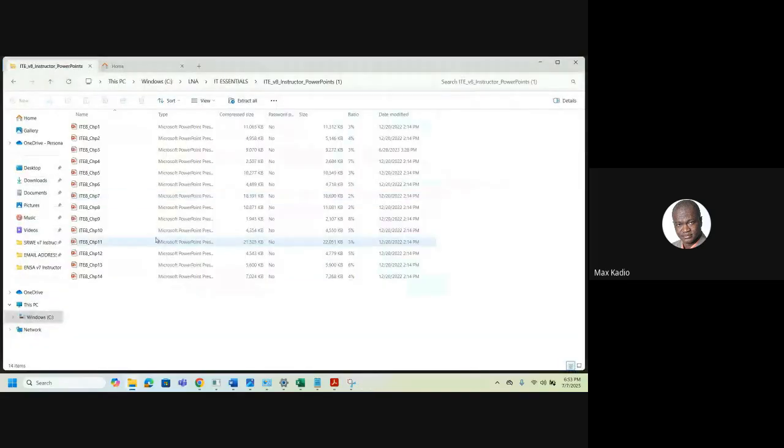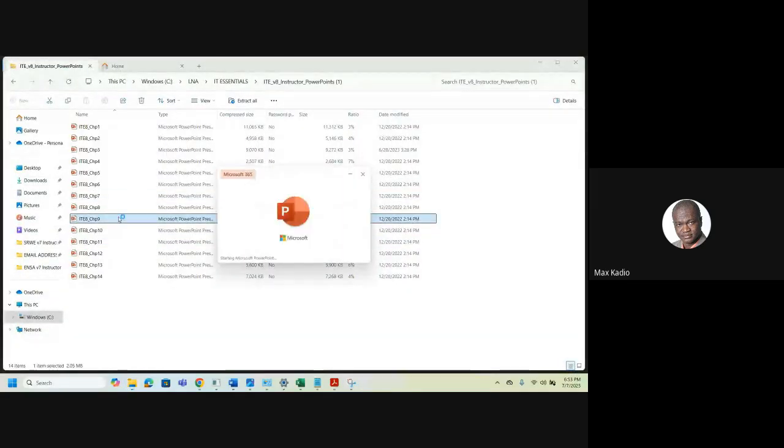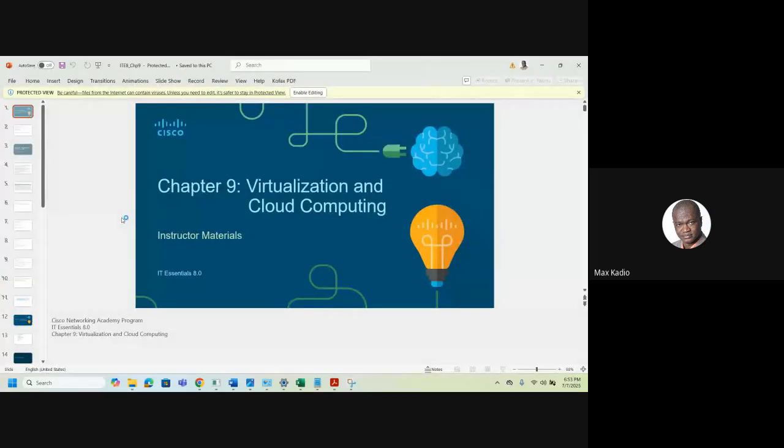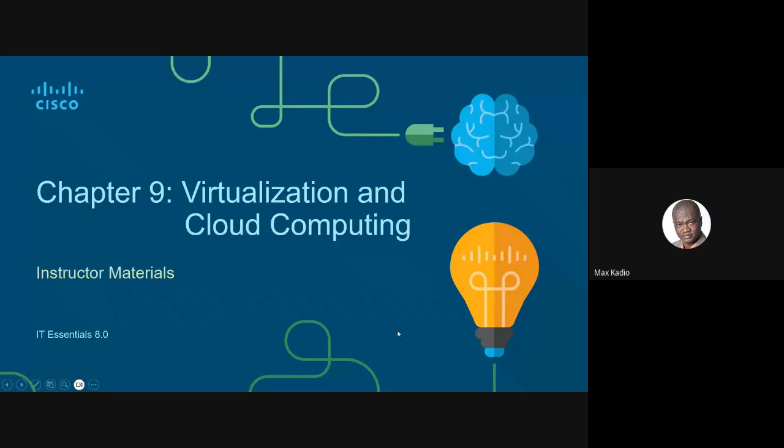Okay, you guys, today we're going to do something very important called virtualization and cloud computing. I will make it very short and simple for you. If you go for a job interview and they ask you what is virtualization: virtualization is, for example, you have your physical laptop, you can touch it, right? But you can also get a virtual PC.